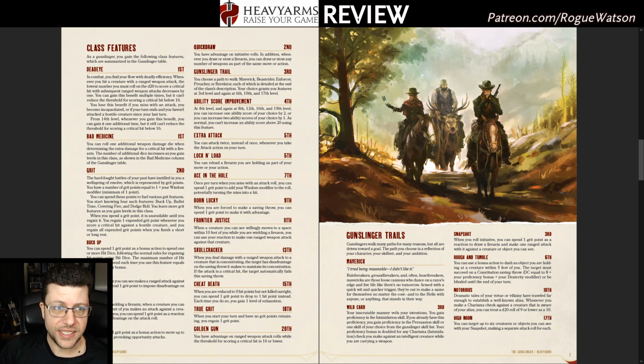Your main thing is that, and this is a full class progression, level 1 through 20. There are 2 different editions you can purchase at heavyarms.com. One of them is a standard edition, which includes the whole class plus 3 subclasses called Gunslinger Trails. The fully loaded edition includes 5 subclasses as well as a bunch of magic weapons, and feels like the more